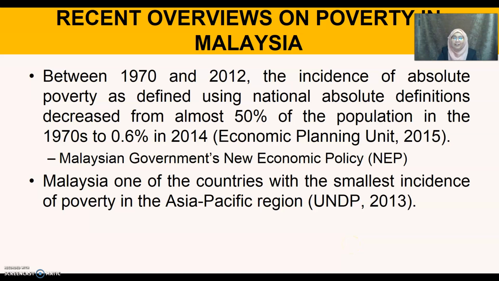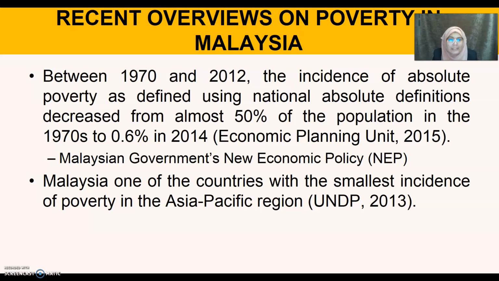Okay, sekarang ni kita tengok the overview of poverty in Malaysia. According to the EPU or Economic Planning Unit in 2015, between 1970s to 2012, the incidence of absolute poverty, defined using the national absolute definition, decreased from almost 50% of the population in 1970s to 0.6% in 2014. Means that for them, they are reduced in terms of the absolute poverty yang di-define lah, maknanya daripada